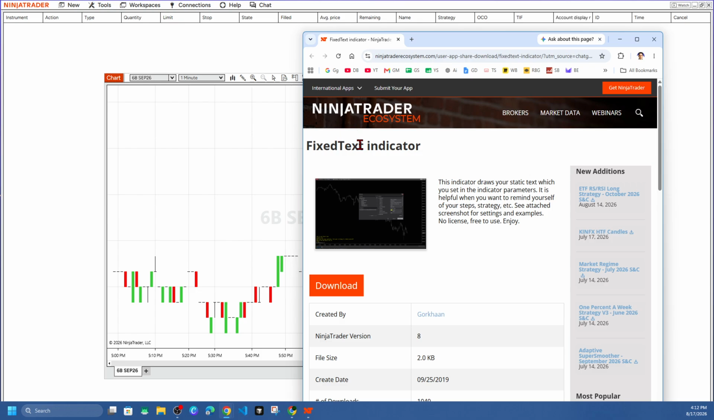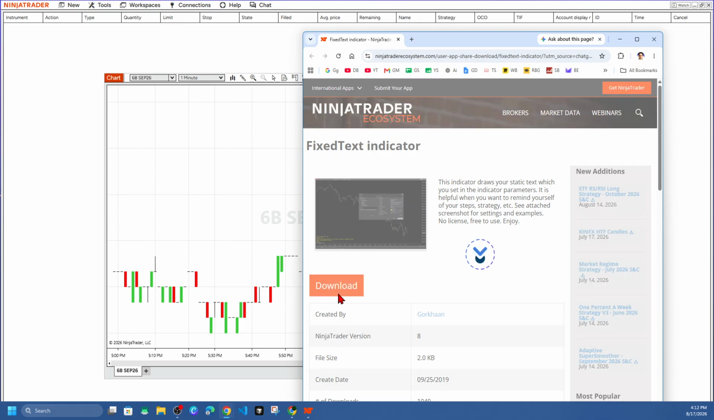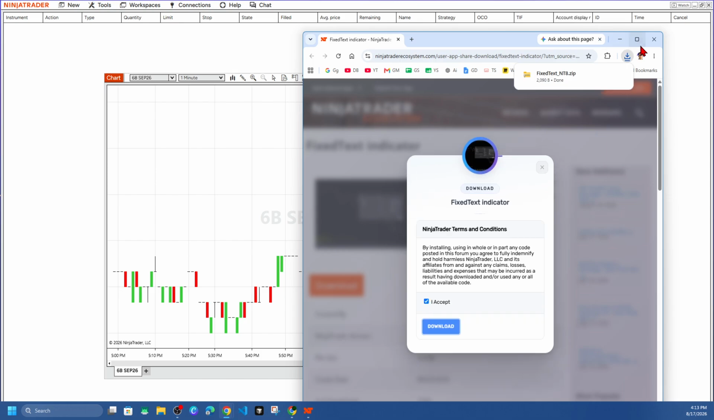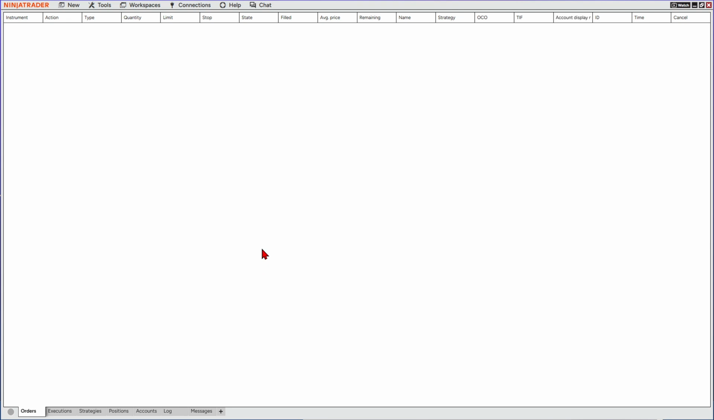Okay, so for this demonstration, I'm going to go ahead and download and install this add-on. It's a fixed text indicator. So I want to go ahead and click on download. Now while that's downloading, we come back here to NinjaTrader and then go ahead and click on tools, and then